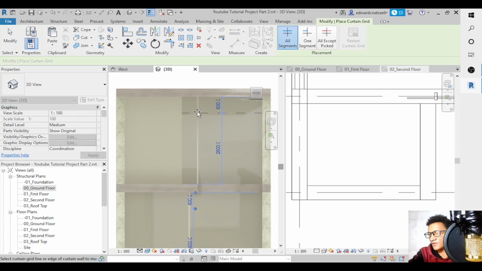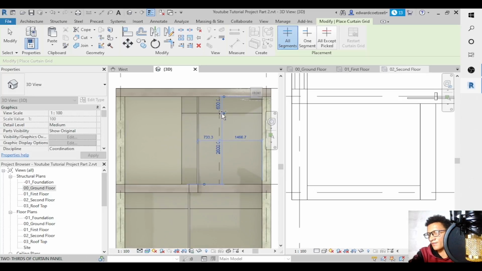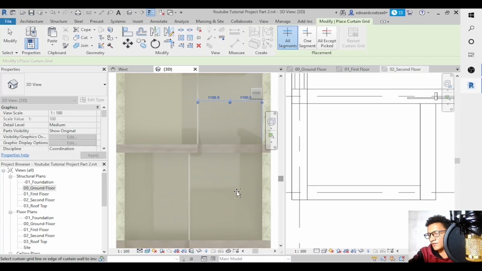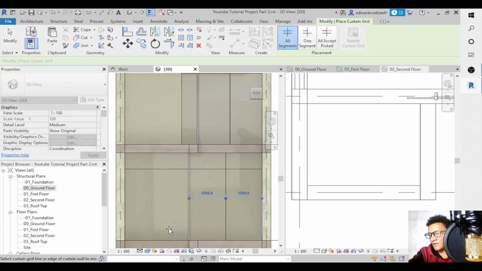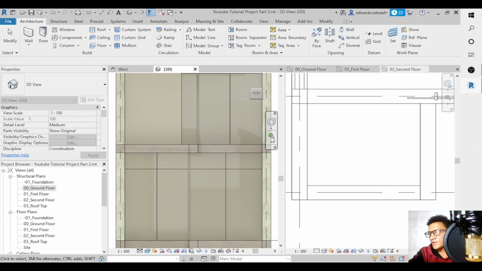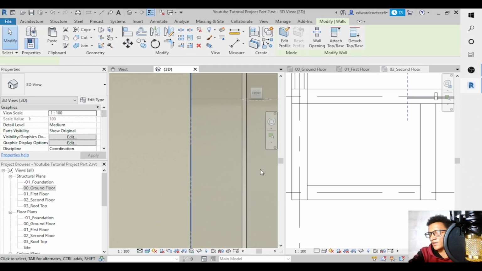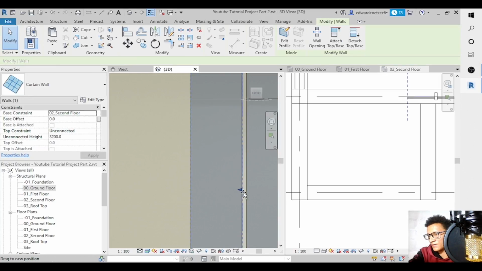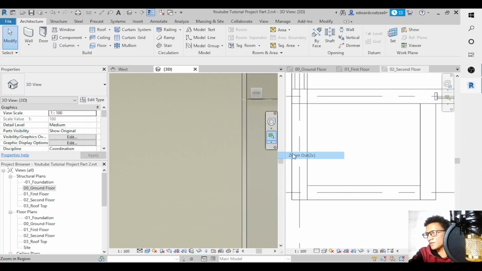Come here, 600 above, center there, for this one, center there, center there, and then I want to click on okay, let's just zoom in here quickly, and then I'll just draw this one back like that, zoom out,